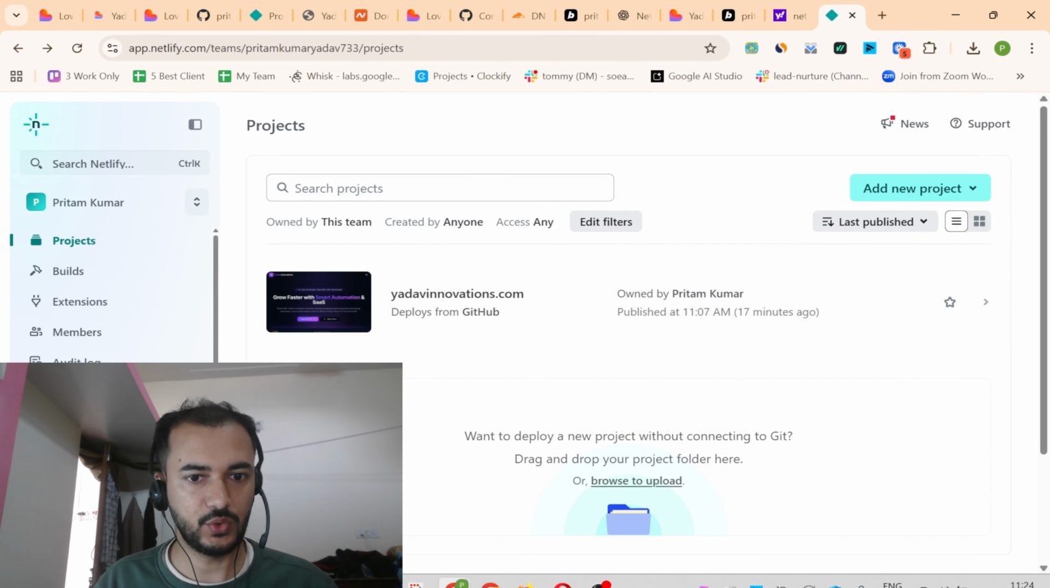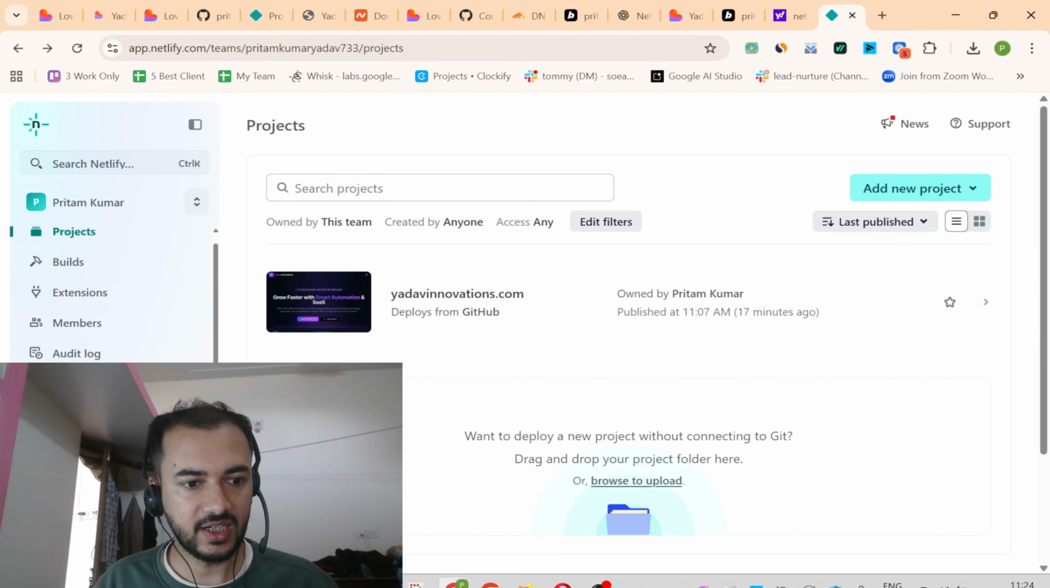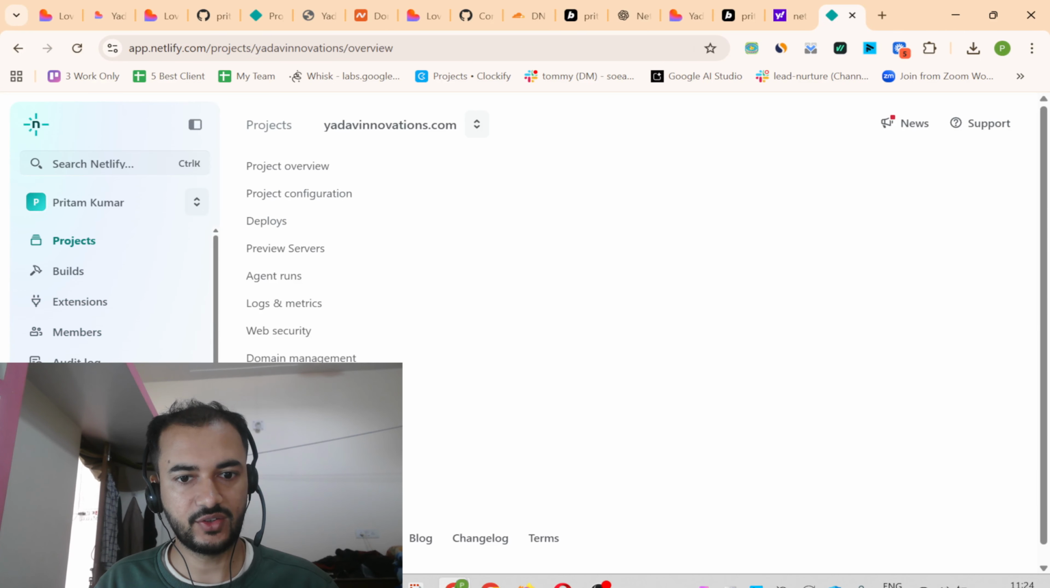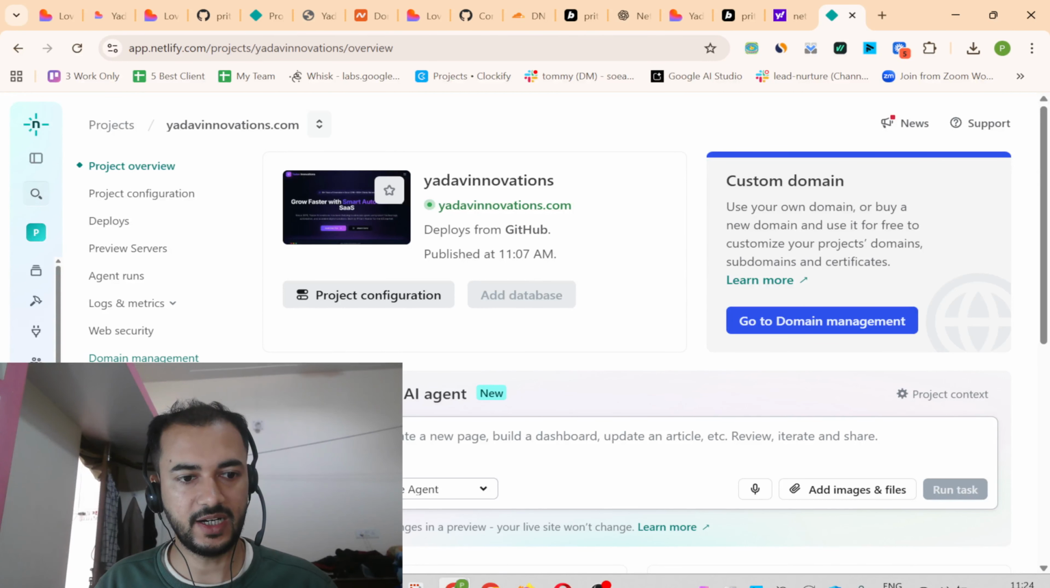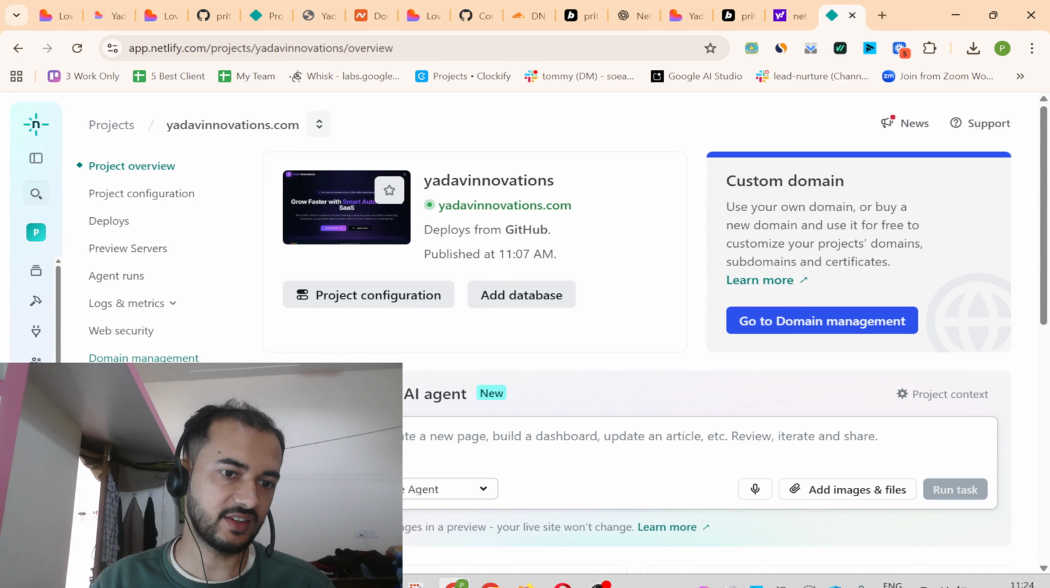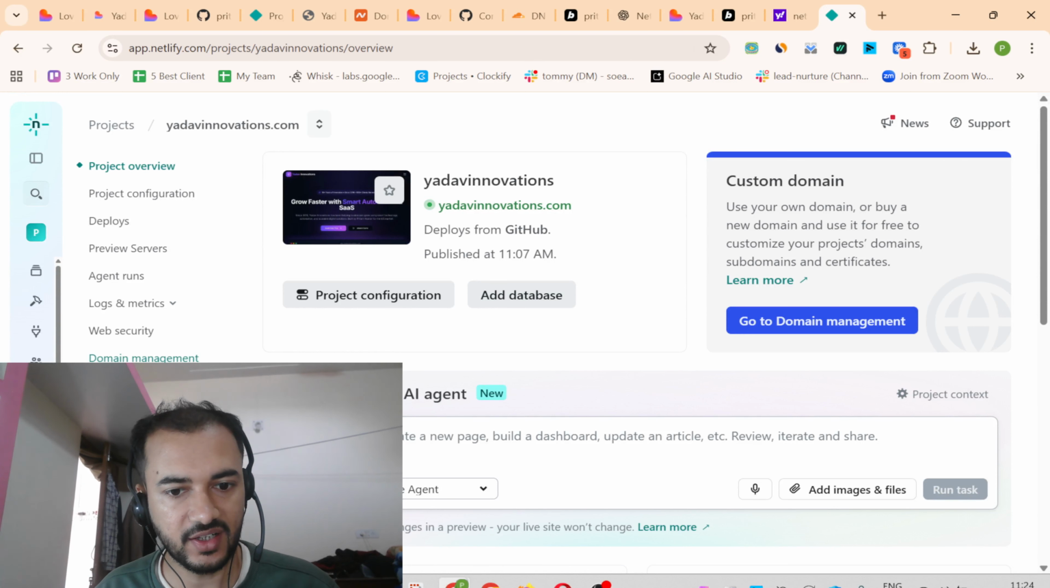Then what you can do, you can connect your domain here. You can connect your domain by going, just first click on this, then go to domain management, connect the domain. It will also give you free SSL. You can connect the free SSL. After connecting the free SSL, what you need to do,